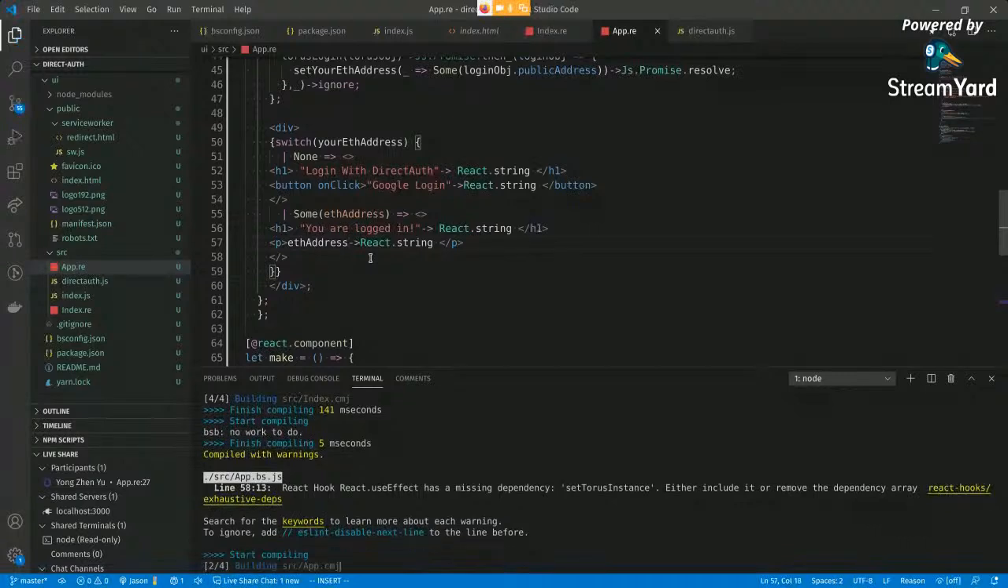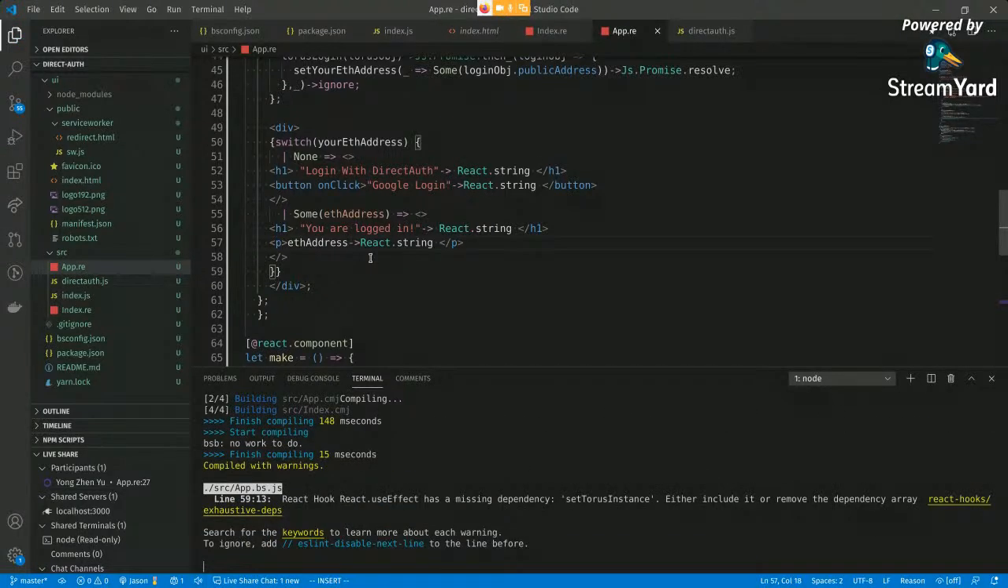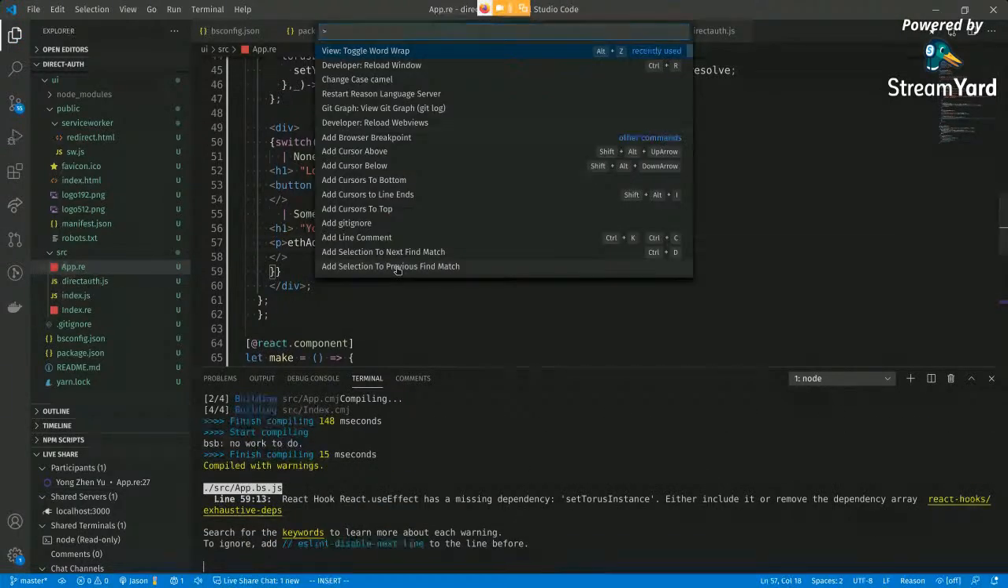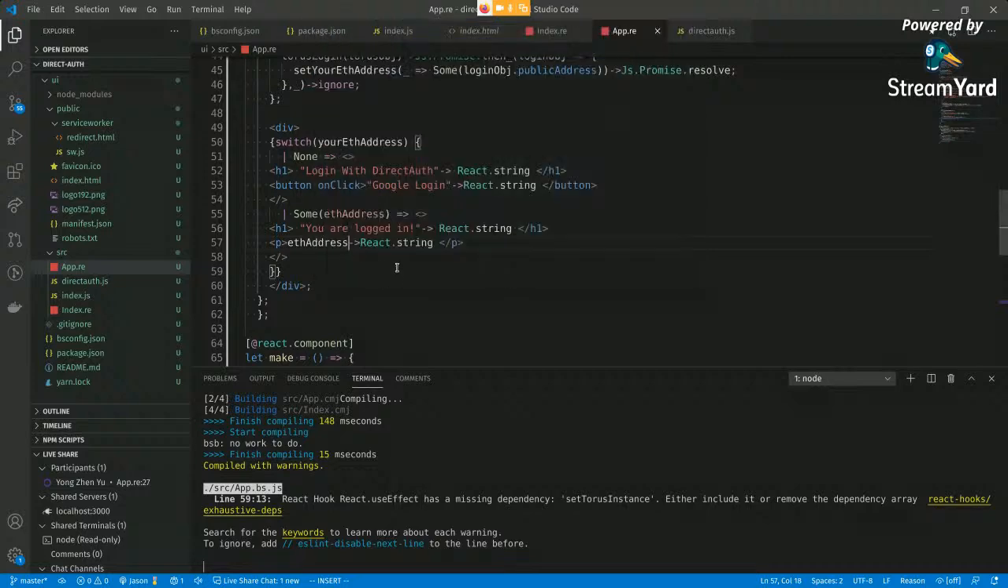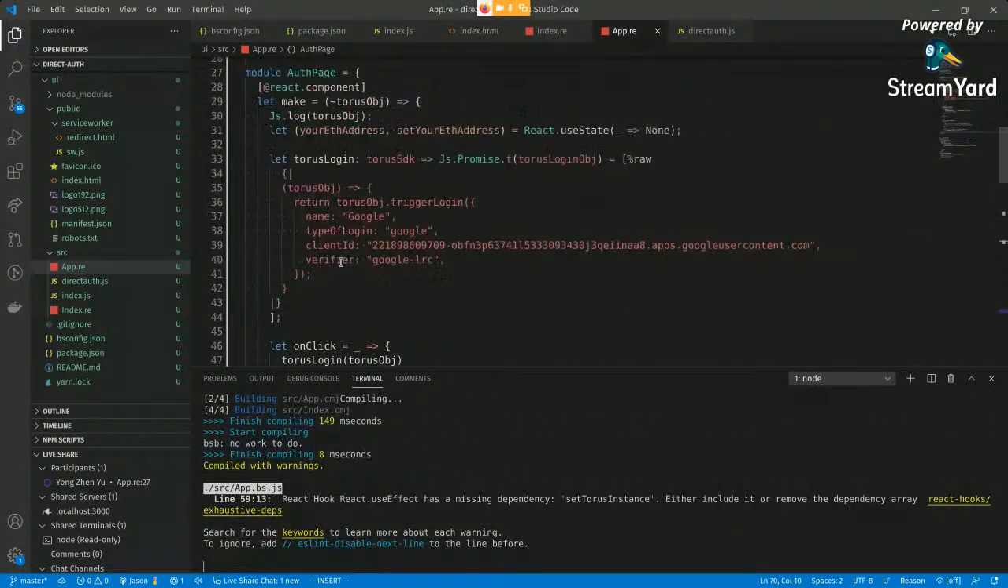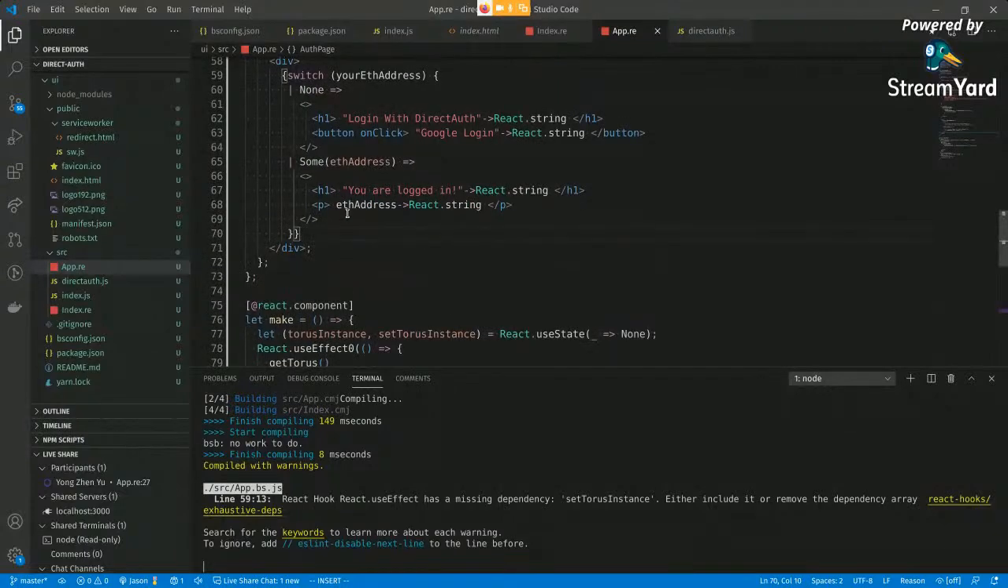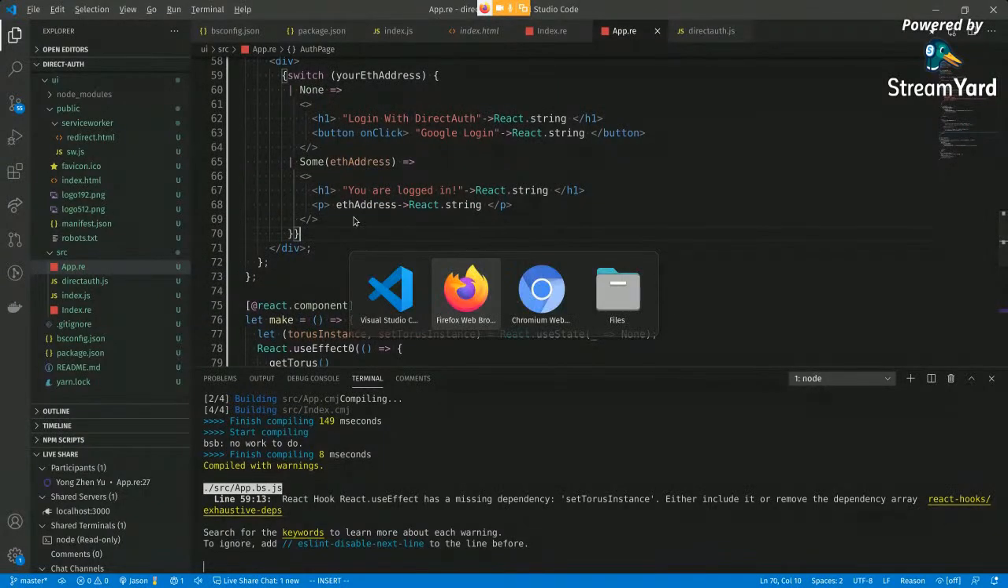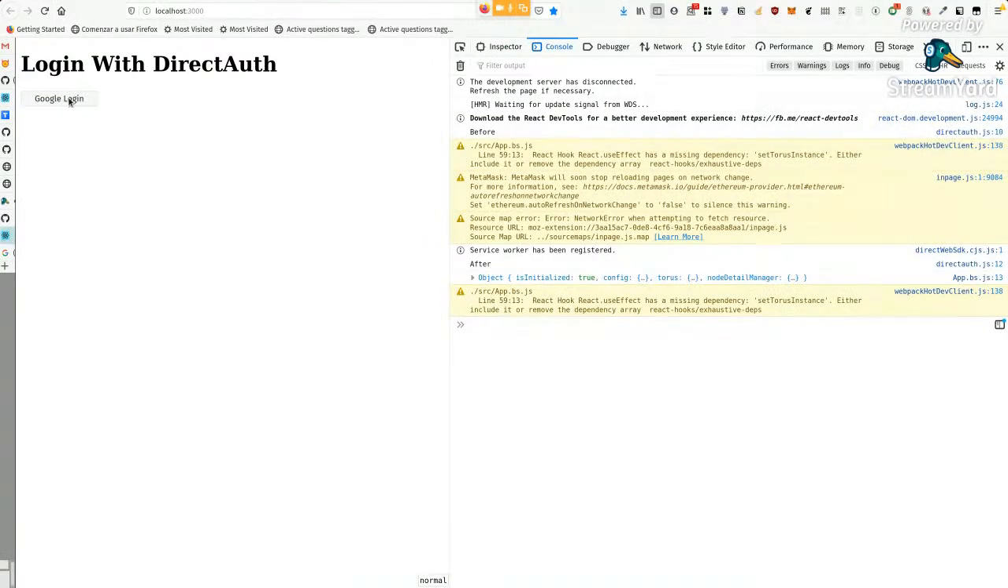Okay, I don't know why the auto formatting's not working. I'm gonna try reload the language server. Ah, there you go. It's auto formatting now. Cool. It looks nice and neat. I think this will work. So Google login,